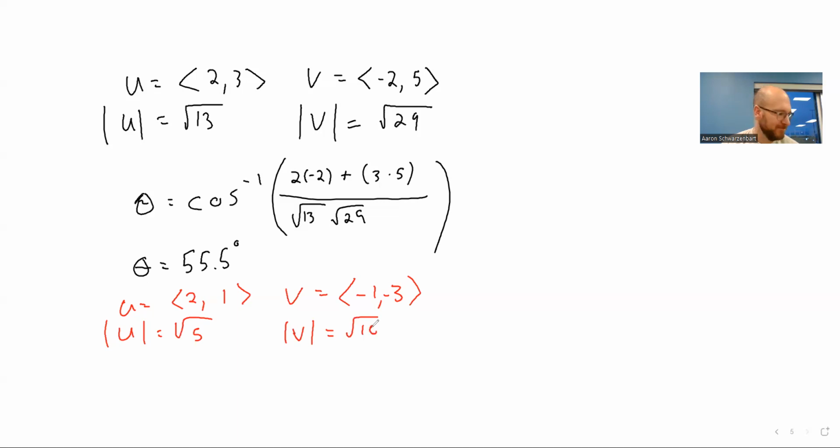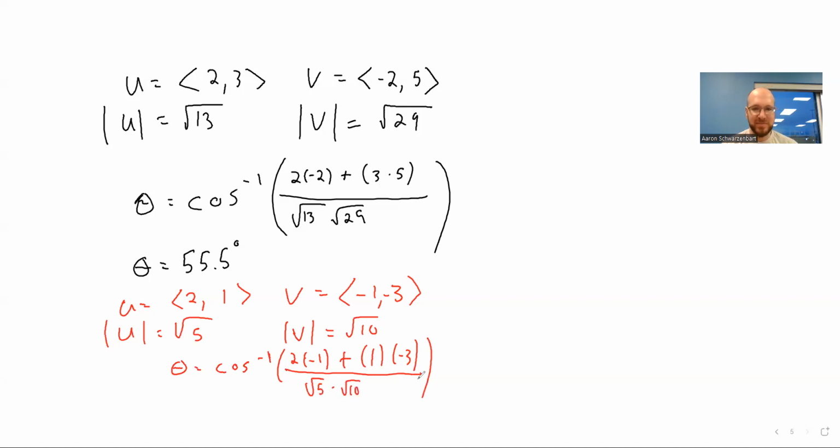Square root of 10. So theta equals the inverse cosine of 2 times -1 plus 1 times -3 over square root of 5 times square root of 10. And when I put this in the calculator, I'm doing